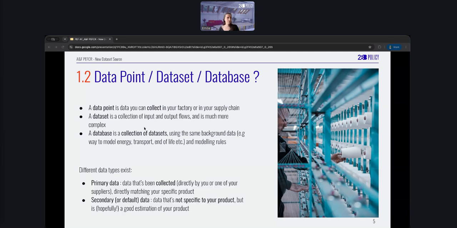Now, of course, there's different types of data that can exist. There's primary data that has been collected directly and that is specific to your product. So it could be collected by you, but it could also be collected by one of your suppliers or someone in your supply chain, but it relates directly to your activity and your product. Whereas secondary or default data is something that's not specific to your product, but that is hopefully a good estimation